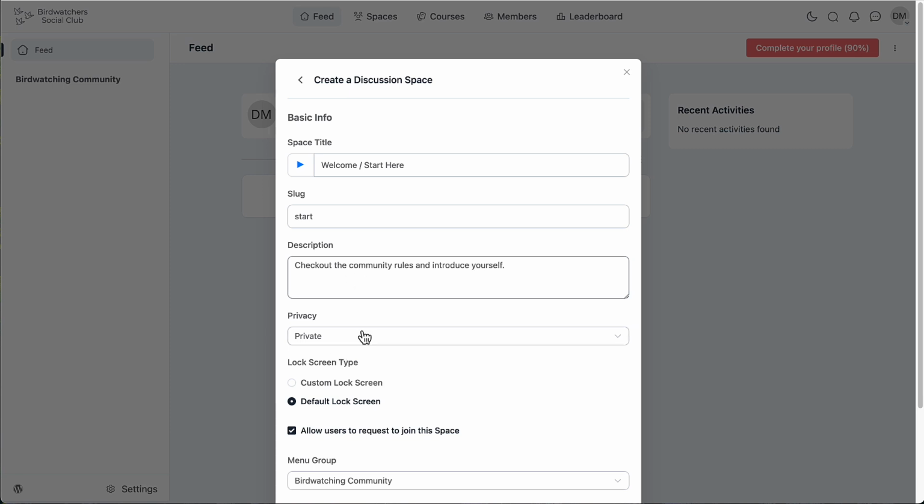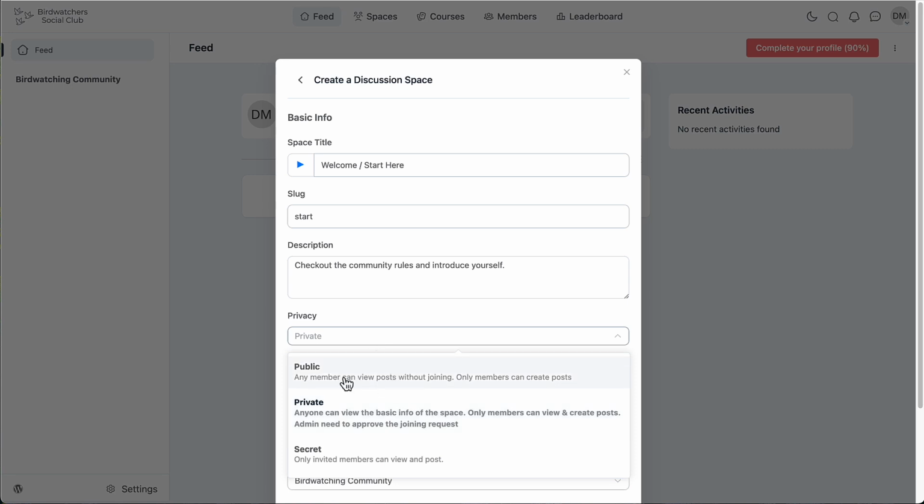Okay, then we have options here. Public, any member can view posts without joining. Only members can create posts. Private, anyone can view the basic info. Only members can view and create posts. Or secret,